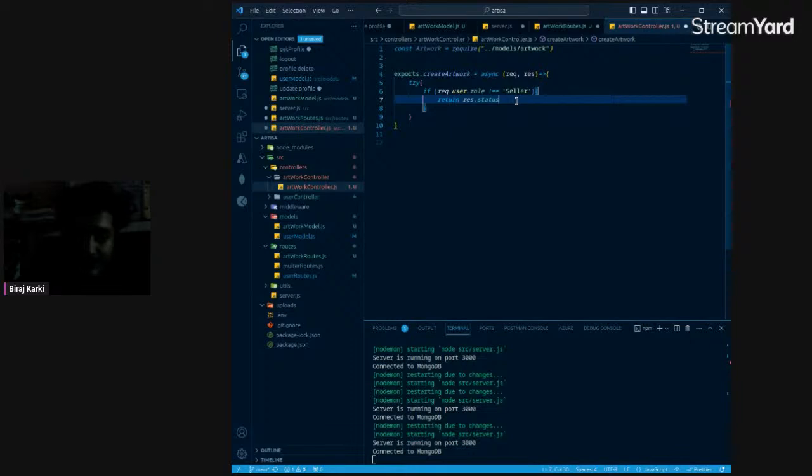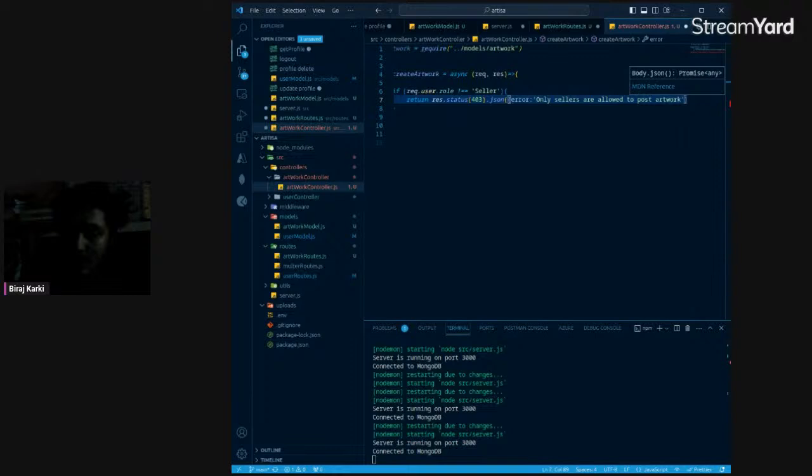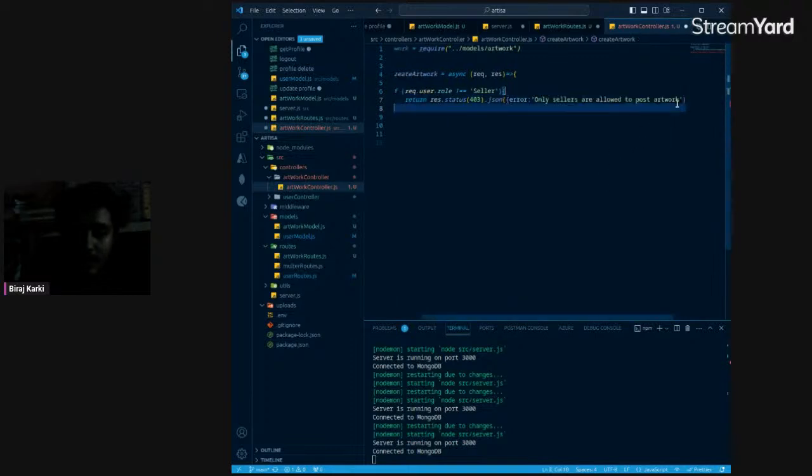Let me return a status of 403 of JSON, and that will have an error. It says only sellers are allowed to post artwork. Okay, so you can become a seller. Basically, what I'm trying to say,